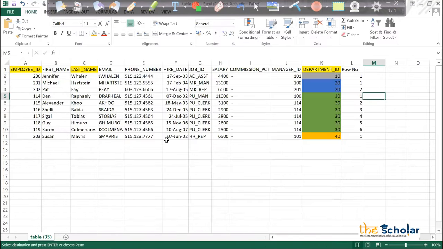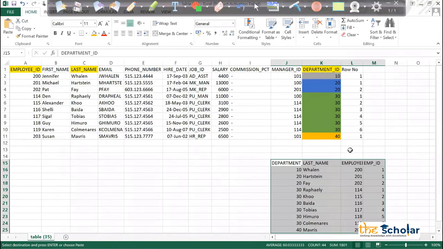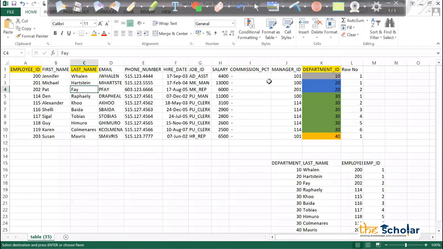Let me copy and paste here. You can see department 10, Valen, 200, 1, 1. For 20, I have 2 records, Harstein and Fay, and we have 201, 202, 1, 2, 1, 2.